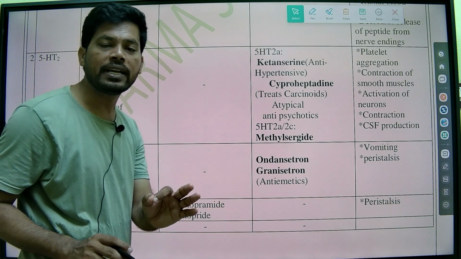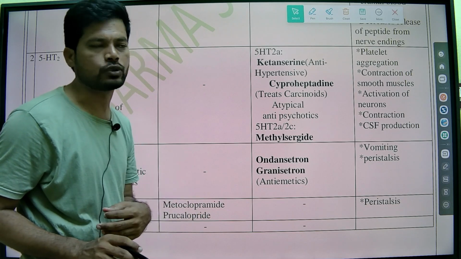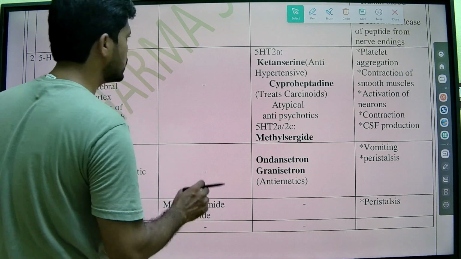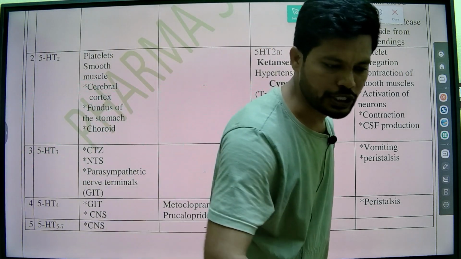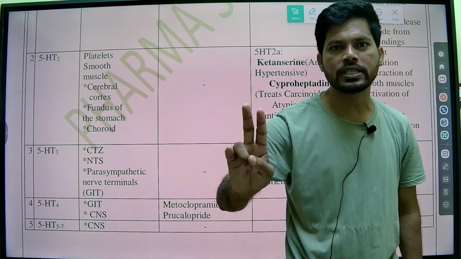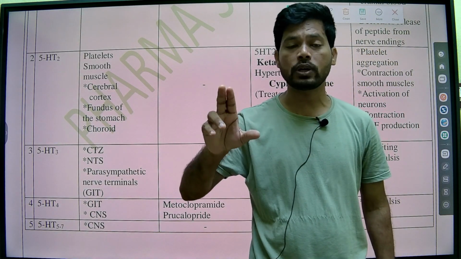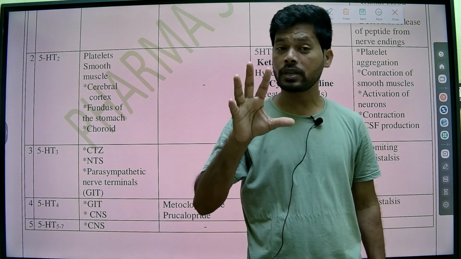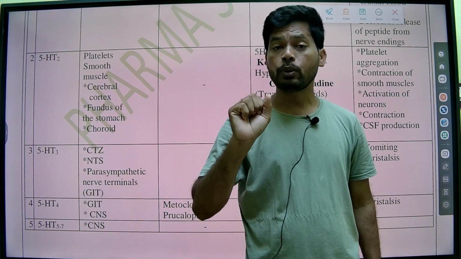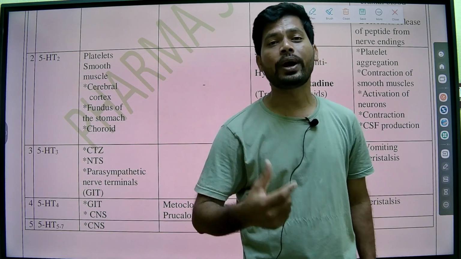For detailed pharmacology of antipsychotics, I think you can find the video on our channel also. So this is simply regarding serotonin, its drugs and its applications. As you know, serotonin is one of the autacoids as well as one of the basic neurotransmitters in the body, in the periphery as well as the central nervous system. There are seven types of serotonin receptors and all belong to G protein coupled receptors, with the exception of serotonin type 3, which belongs to the ion channel receptors.